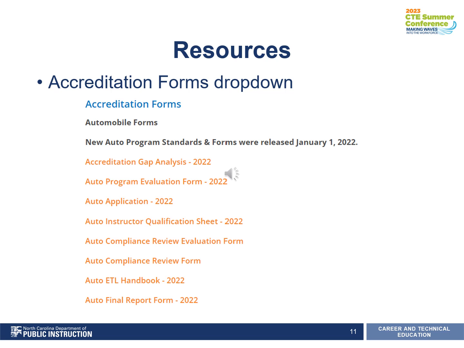The auto compliance review evaluation form is basically the midpoint review. So the evaluation form has more detail in it and goes step by step. Instead of looking at the program every 5 years, there's a midpoint review at the 2.5-year point. At that point, schools and the advisory committee do the auto compliance review, and they're seeing what has changed, what has stayed the same, and what we need to look at. Instead of every 5 years, we're looking at the program in depth every 2.5 years.